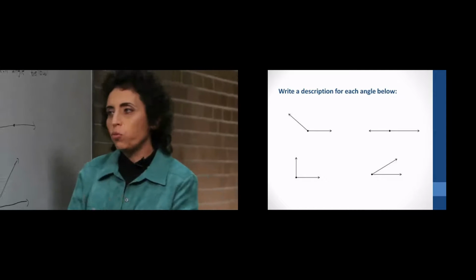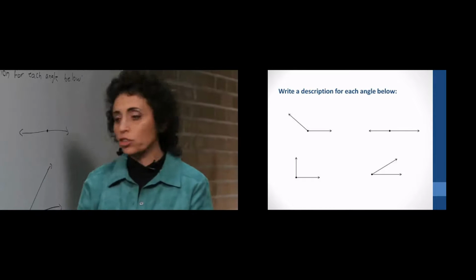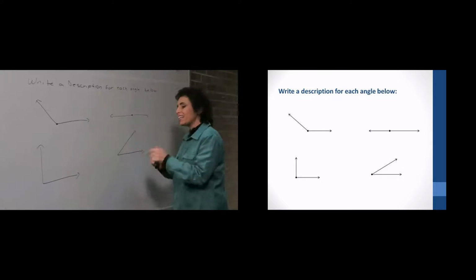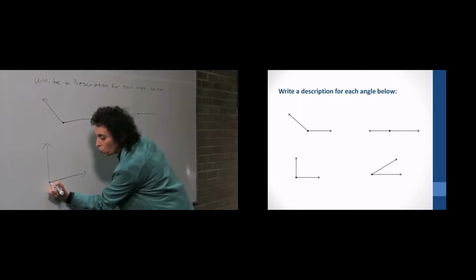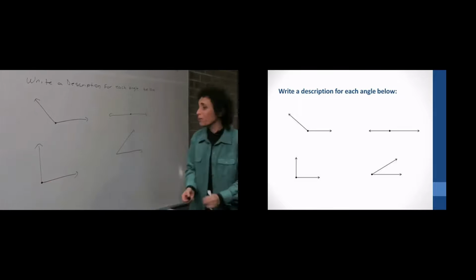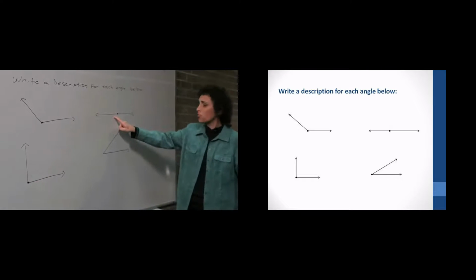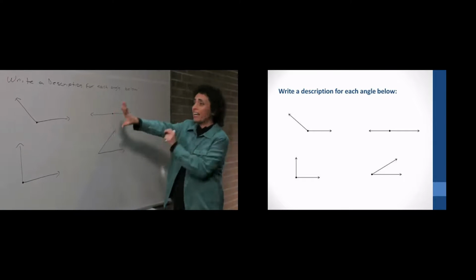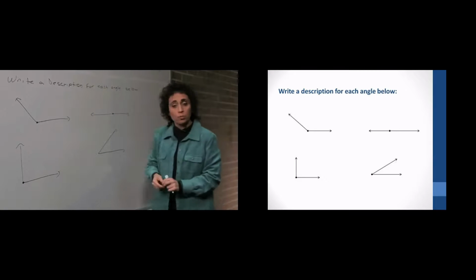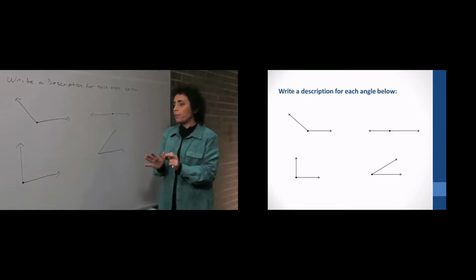Now, you might have wondered why I even asked you to do that. I asked you to do that because you need to understand that there is a reason why we teach you some of the things we teach you. Like you might say, well, you already talked about this. This is called a straight angle. And you'd be correct, but I didn't ask you for the name. I asked you for a description. So let's talk a little bit about the descriptions.